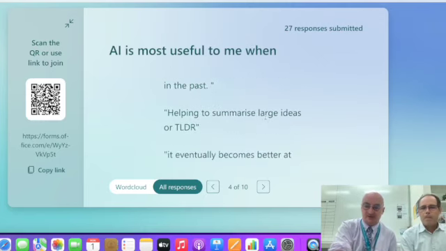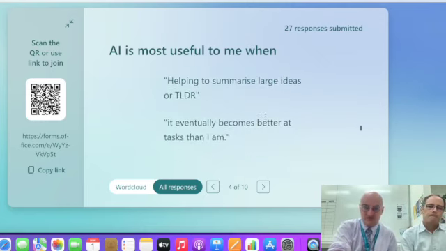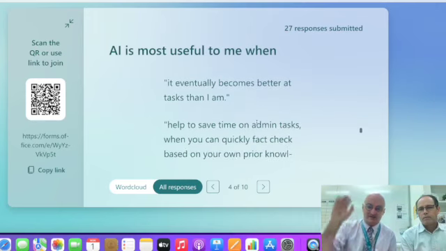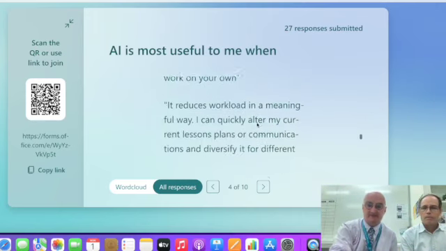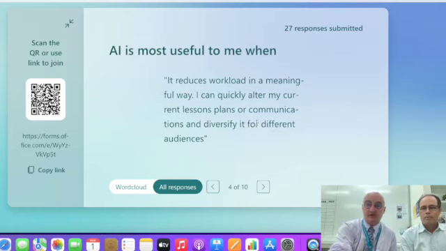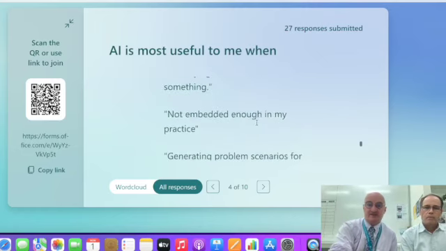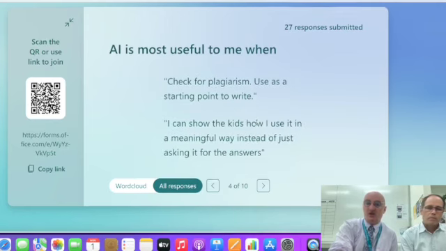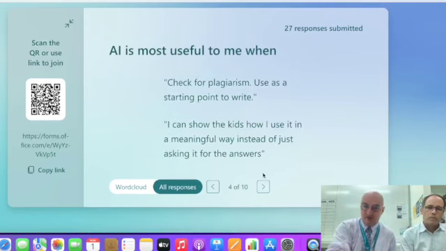Critical thinking is one of the great things that AI teaches us, and eventually becomes better. People are worried: is it going to get better than I am at what I actually do? And there's another elephant in the room, the fear factor at the back of our heads. Will it replace me? It does reduce workload, can quickly alter my current lessons if I'm trying to wordsmith something, generating problems, rephrasing sentences. I can show the kids how I use it in a meaningful way instead of just